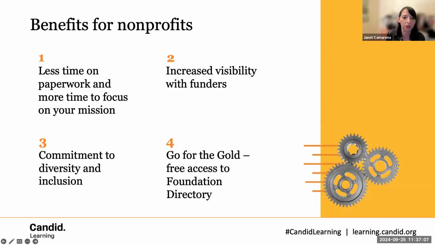We were just talking to a donor advisor the other day in a community foundation that told us that their donors do research charities on the platform all the time, and many use filters specifically to only look at charities that have achieved a gold or higher transparency status because they want to get to know those organizations that are sharing more information willingly about themselves. It also is a way for you to activate your commitment to diversity and inclusion and kind of operationalize things that are in many of our values already.